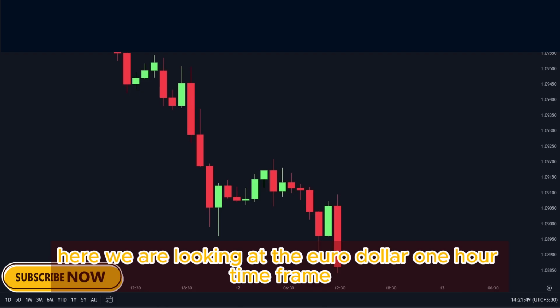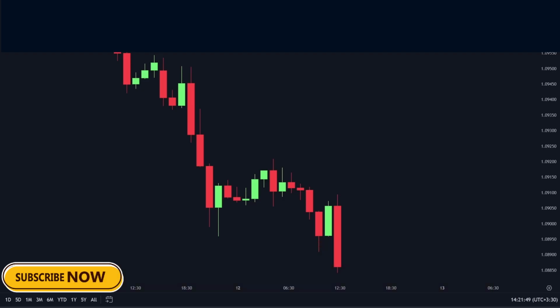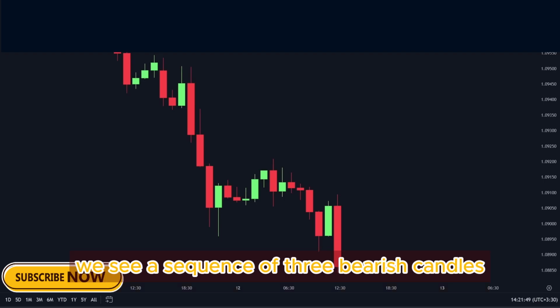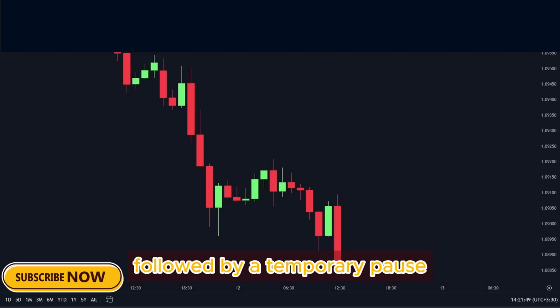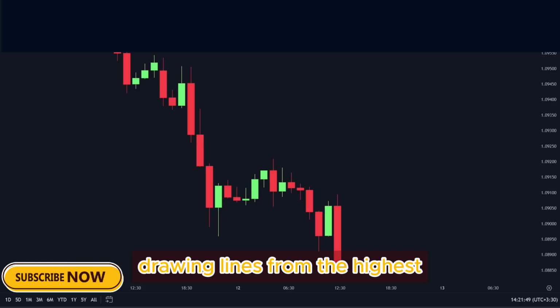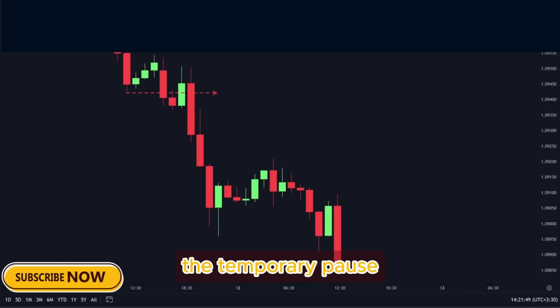Here, we are looking at the Euro-Dollar 1-hour time frame. As you can see here, price is in a strong downtrend. Now let's identify the possible pullbacks. By analyzing the chart, we see a sequence of 3 bearish candles, followed by a temporary pause, marked by 3 successive bullish candles. Drawing lines from the highest and lowest points of the last bearish candle before the temporary pause